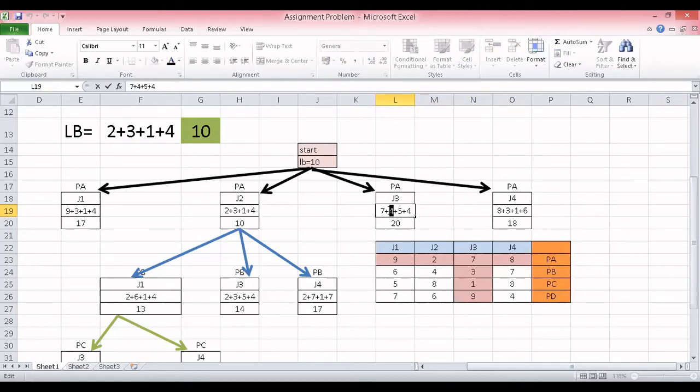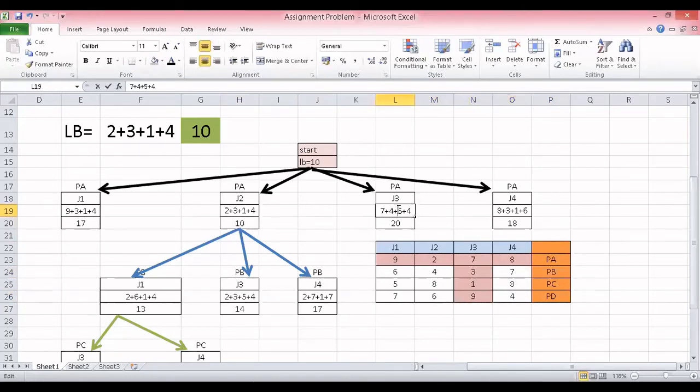Now students will ask, what is this 4? In the previous step, you had taken 3. 3 is the minimum cost of person B. Yes, I agree. Come to the person B row. In this row the minimum cost is 3, so in the last step I had taken 3. What is this 1? Coming to person C, the minimum value is 1, so I have taken 1. The last is 4. Coming to the row of person D, the minimum value is 4, so I have taken that 4. The summation of that I got as 10.